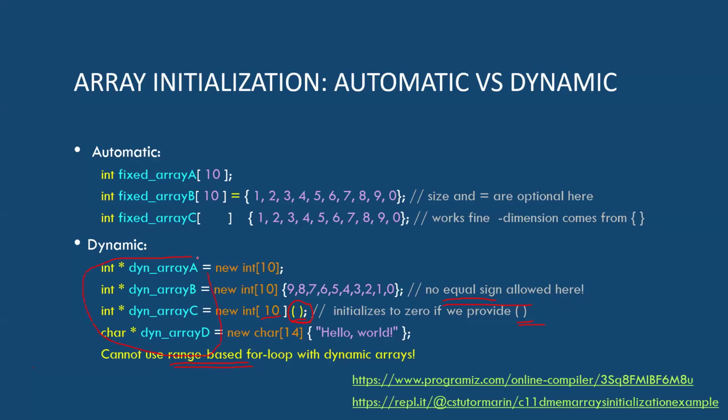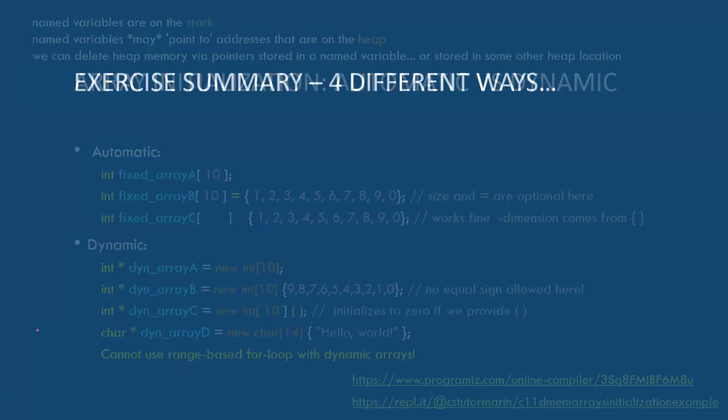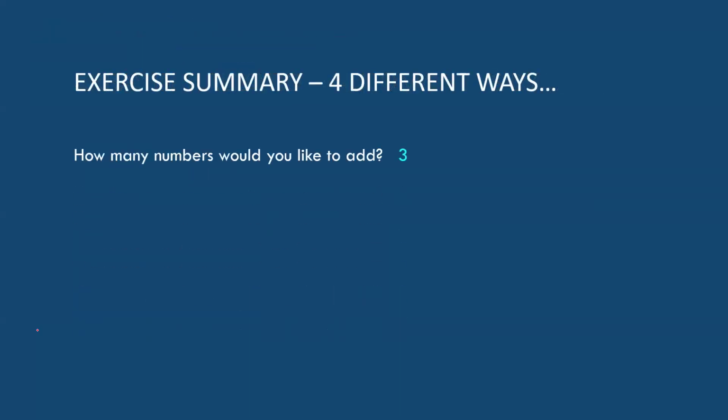That's one big drawback to dynamic allocation. We can't use this dynamic memory looping thing, or the range-based looping. So just a little bit of extra sauce on the side. I'm not going to test you on this, but it might simplify some of your homework coding down the road. Okay, so let's take a look at 4 different exercises to solve the same problem in